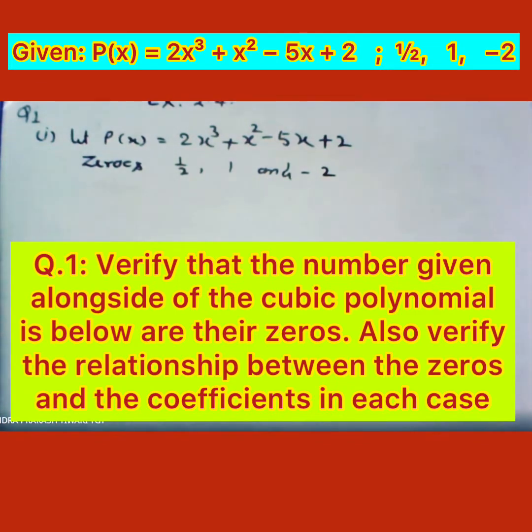These values are zeros of the given polynomial or not. So simply we will put all these values one by one. If they are satisfied, means if we get the result 0, then we can say that this is the 0 of the given polynomial p(x). Okay, so we will write here